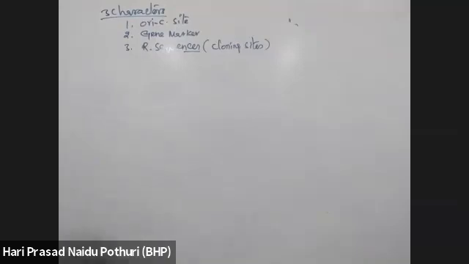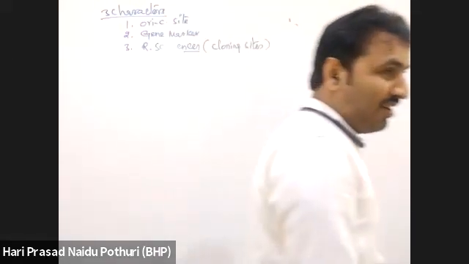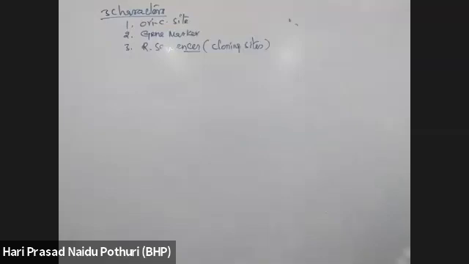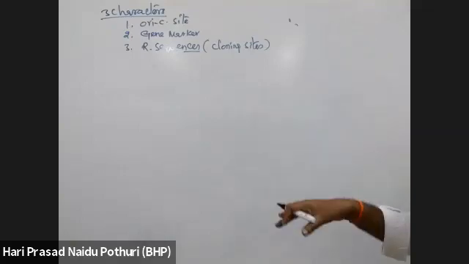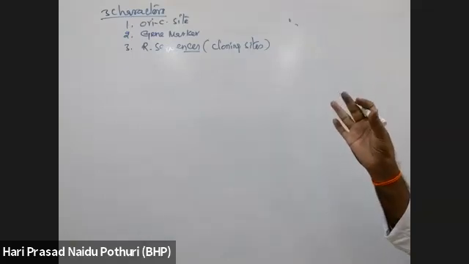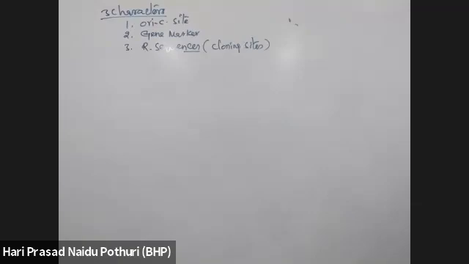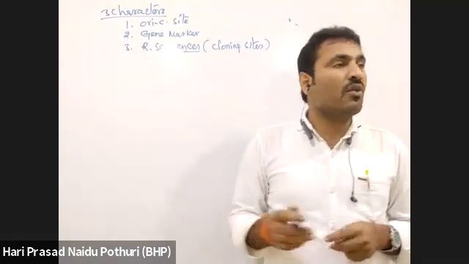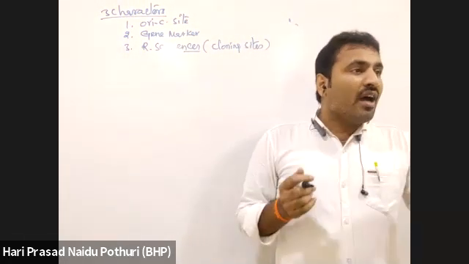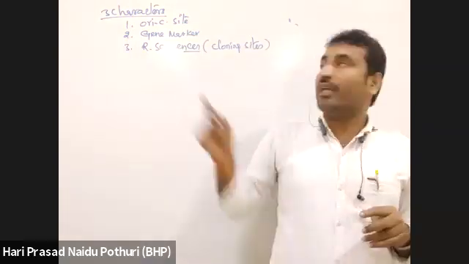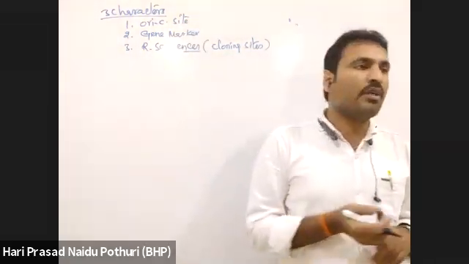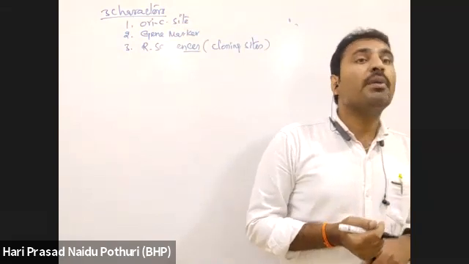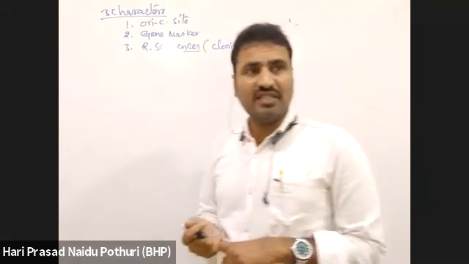If we see natural vectors, which are present in bacteria, the natural vectors may not have all the three properties. Natural plasmid, which is original plasmid extracted or isolated from the bacteria, may not contain all the three properties. So artificial plasmids are constructed by introducing all these three properties into a vector or plasmid. pBR322 is a constructed plasmid.